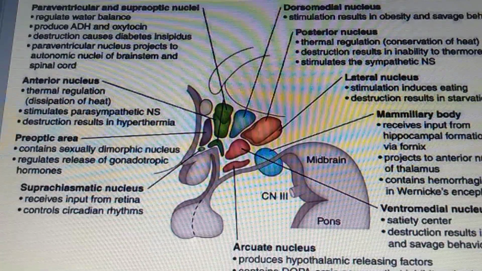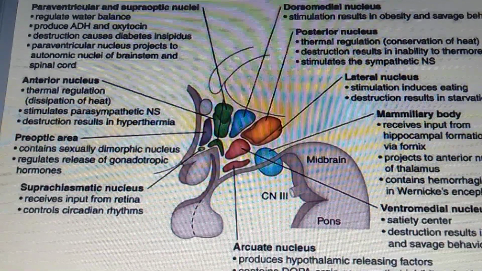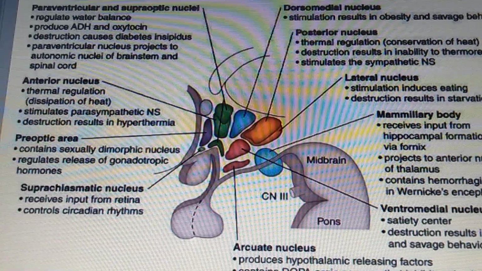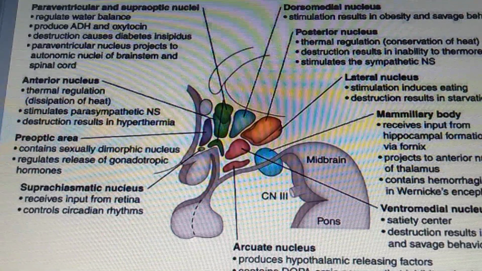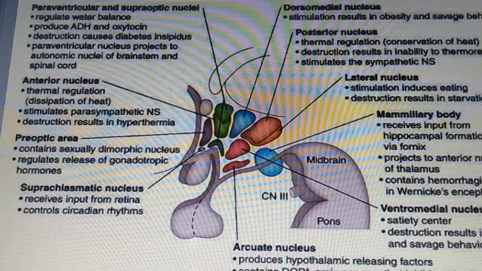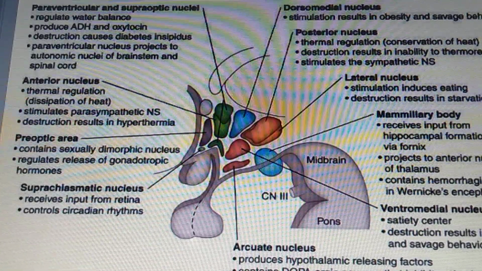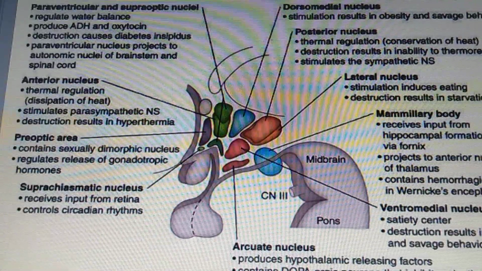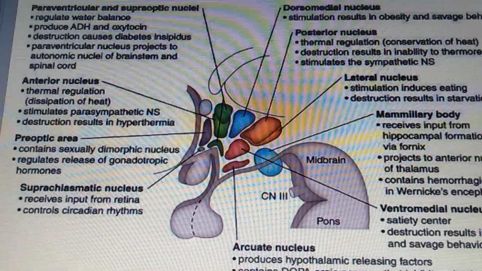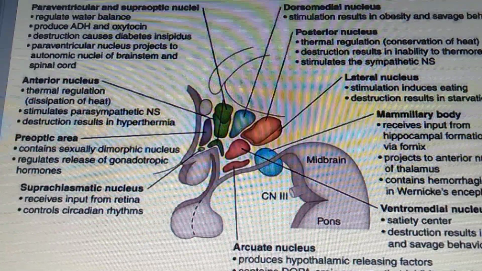Another very important function is the temperature regulation. It maintains a balance between the heat production and the heat loss of the body. Raised body temperature is decreased through vasodilatation, sweating, panting and reduced heat production. Lowered body temperature is elevated by shivering and, in prolonged cases, by the hyperactivity of the thyroid.